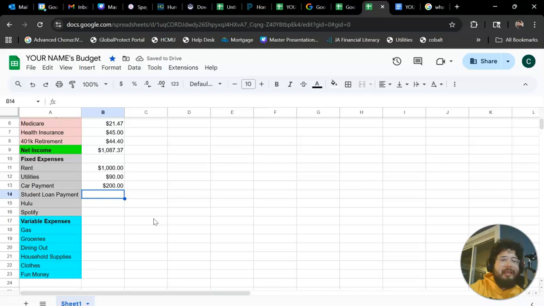Student loan payment, and again, if you're like, hey, I'm not going to college, Mr. Daniels, I won't have these loans, awesome. That will be extra money that you get to throw around each month. Good for you, okay? But even if it's not a student loan payment, maybe you had to take out a loan for, I don't know, some medical bills, something along those lines. We'll set that at $100.